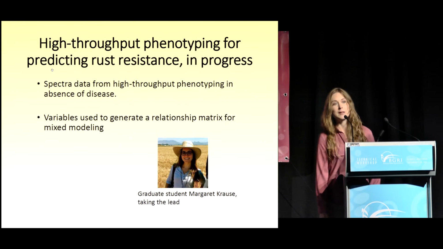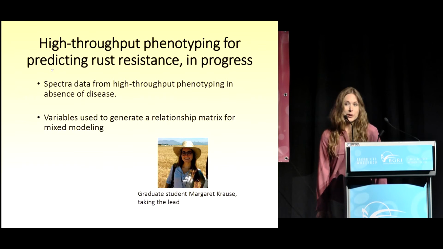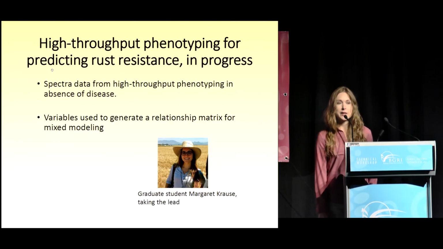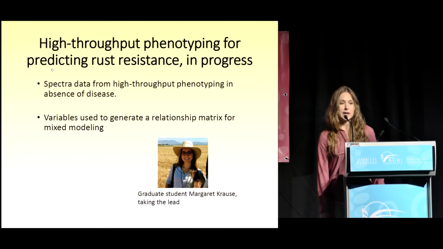Now that's for yield, but this is a conference about rust. So can we use this for rust? We're just starting to get into this. Graduate student Margaret Krause is working on trying to use high-throughput data for multiple traits and not just yield, including different disease traits. In this case, we're using the spectral data in the multi-kernel approach,